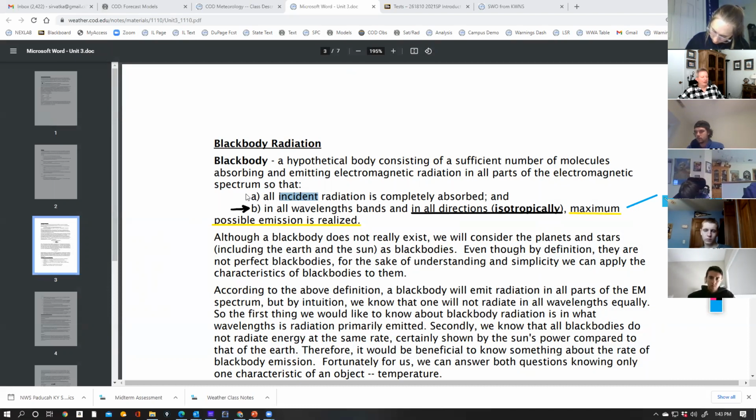So what kind of radiation hits a black body? All kinds, doesn't matter what. And everything that hits it is completely absorbed, giving you an albedo of 0. And then it will emit radiation as well in all directions and in all different wavelength bands. But